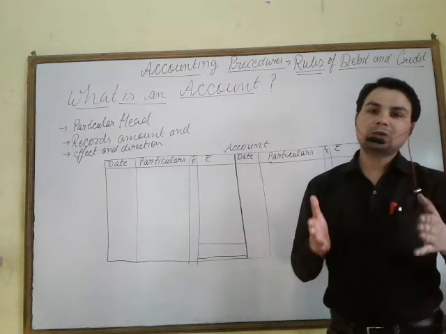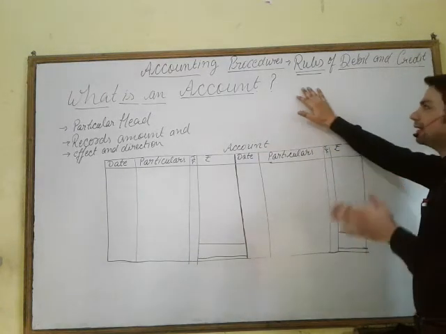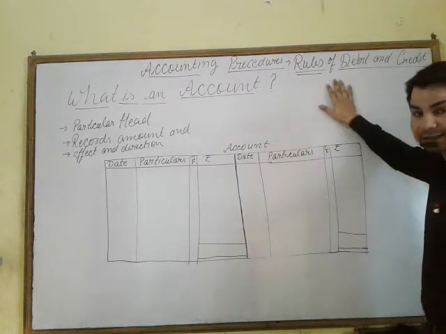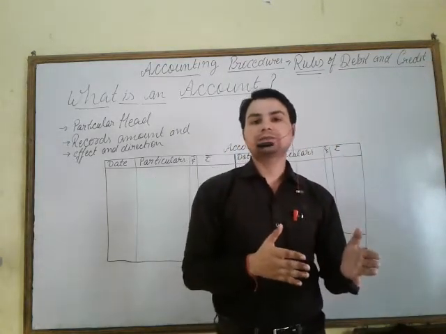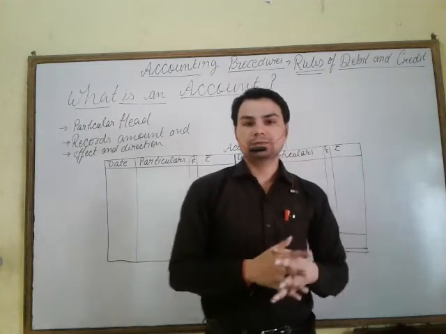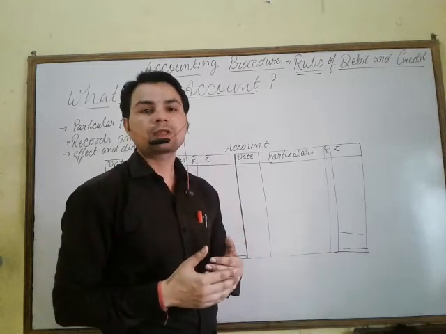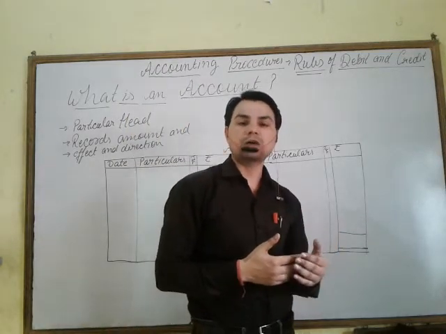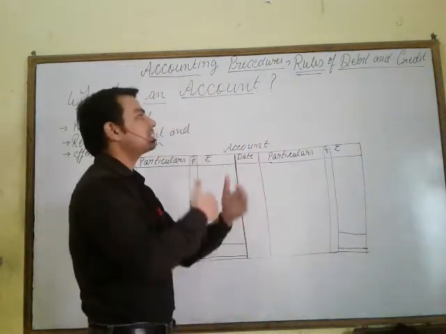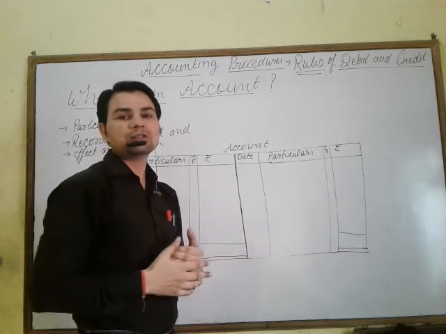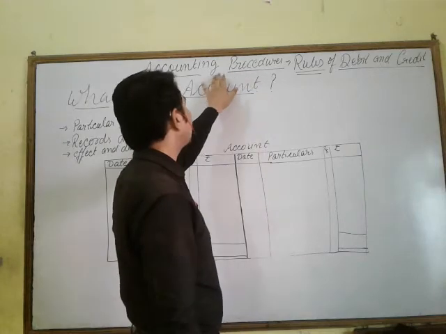First, to know the rules and regulations on the basis of which accounts are maintained, that's the rule of debit and credit. After that, preparing the books of accounts: journal, purchase book, sales book, journal proper. On the basis of these primary books, secondary books are prepared, that is the account, ledgers, and then final accounts. That's why a series of steps are there on the basis of which accounts are prepared and maintained. That's why we have used here the word procedure, accounting procedure.